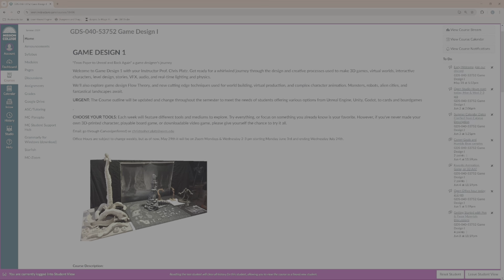So I hope you guys understand that limitation on my end, but I have used Unity for many years and I have used Godot a little bit, and I'm a big supporter of Godot. Here's my email again. It's christopher.platts at West Valley Mission. However, if you could use your messaging system through Canvas, it's a little bit easier.